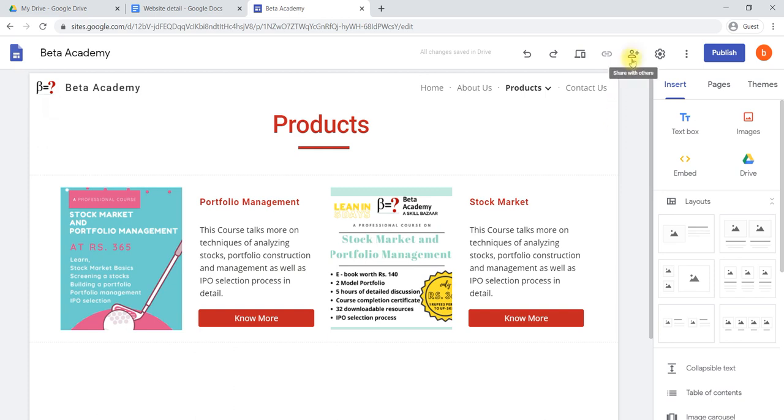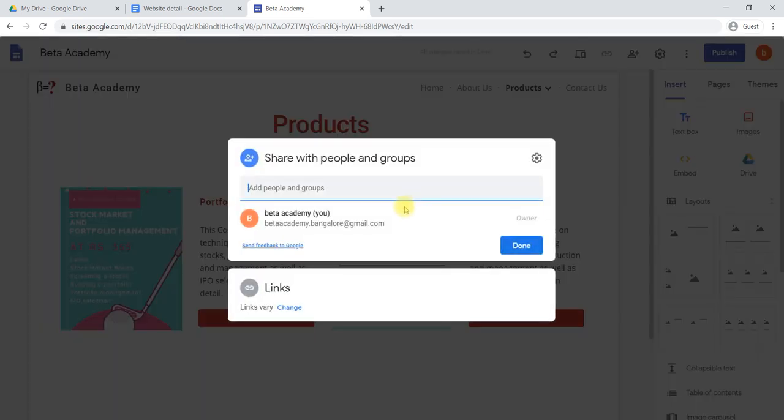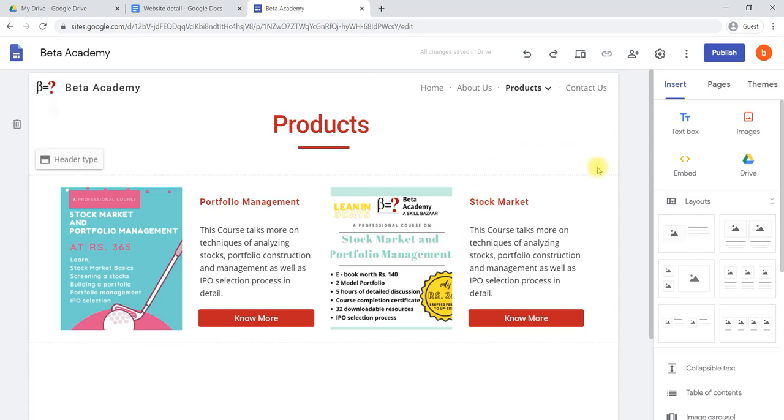Sharing is nothing but sharing with your teammates. For example, here we can share with the teammates. Similar to the sharing you have learned so far, here also we can add their Gmail account and share with them. In the sense, they can also check the website, edit, and modify whatever tools are available, as per their requirement. Okay, that is about sharing.